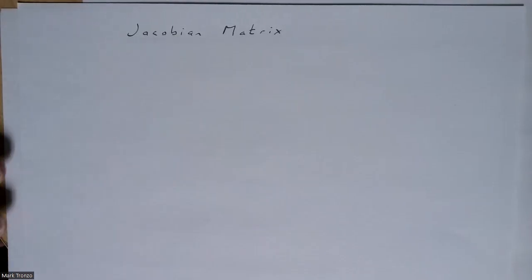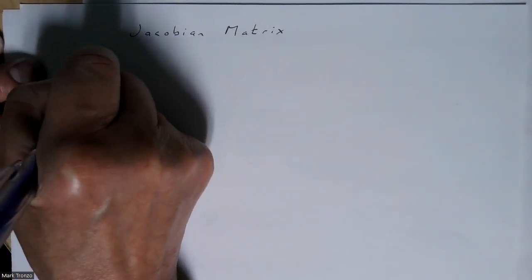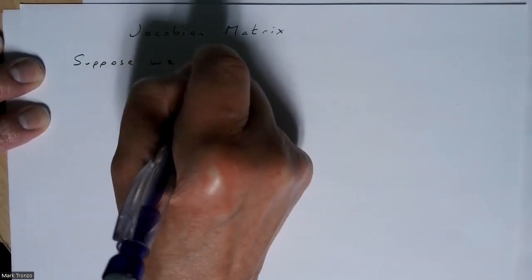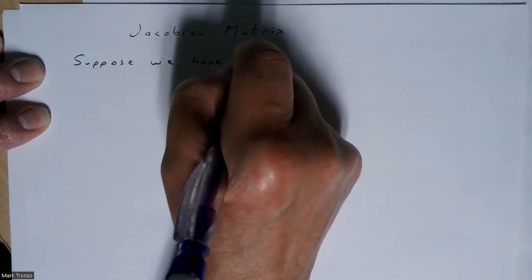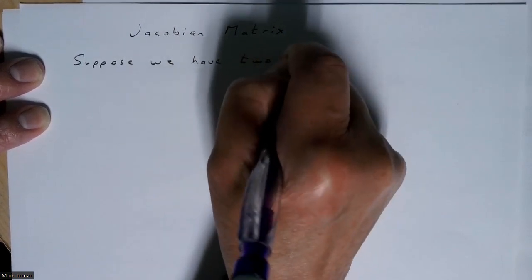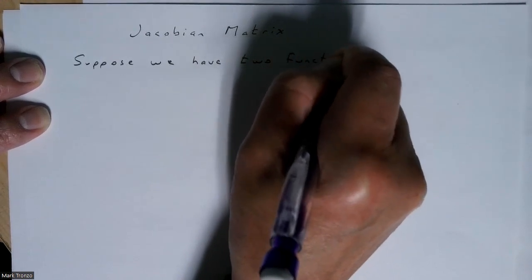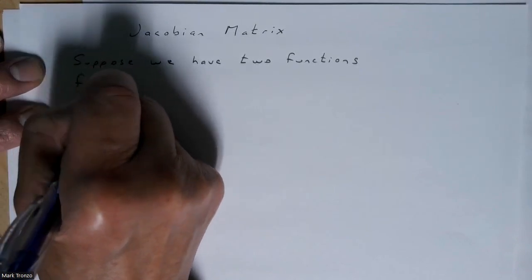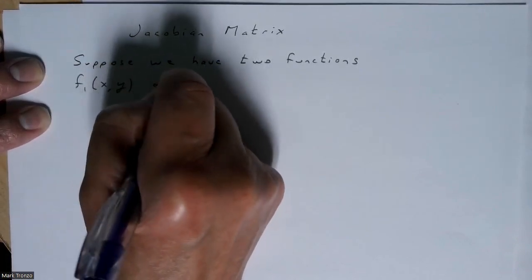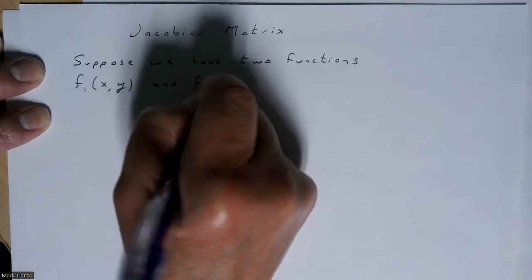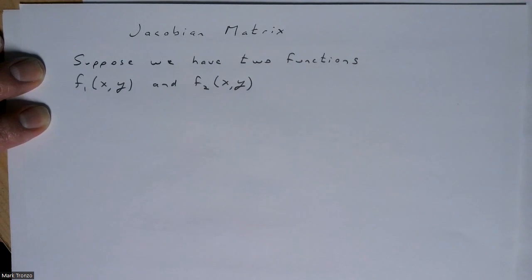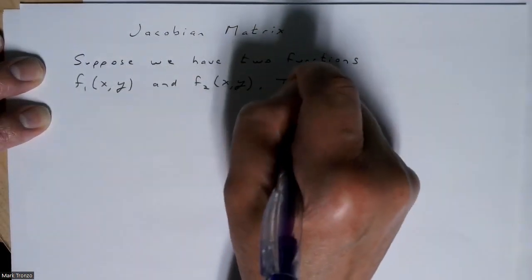In this video, we're going to look at the Jacobian matrix. Suppose we have two functions, say they're f1 and f2. So we have two functions of two variables. The Jacobian